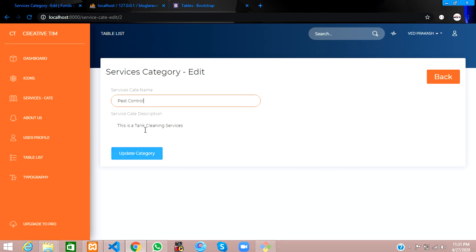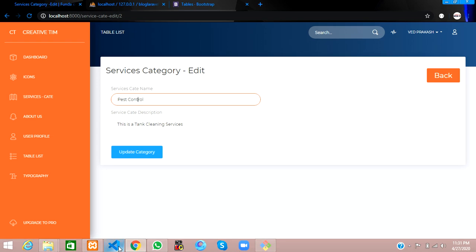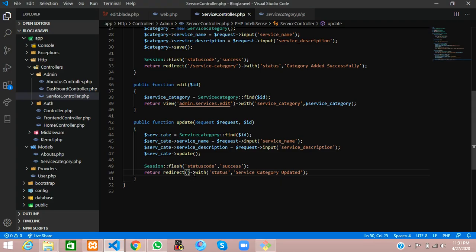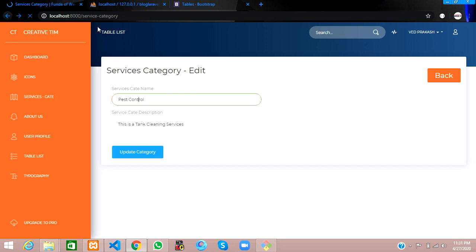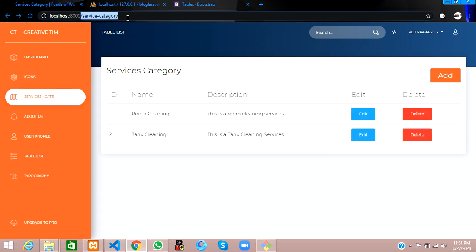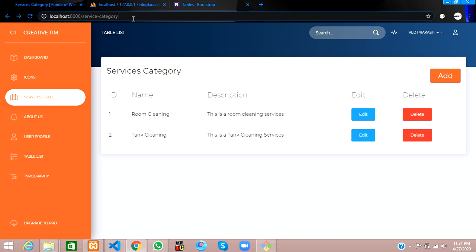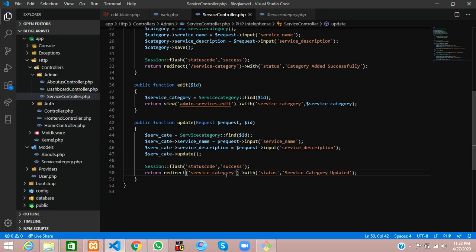Actually, let it be tank cleaning only, because of this error, so we'll change it back to tank cleaning. Let me update, and it should go back to a page, but there is none. So over here we will set this page. Once it's completed, we'll call this index page. Let us copy this and paste it. That's it.